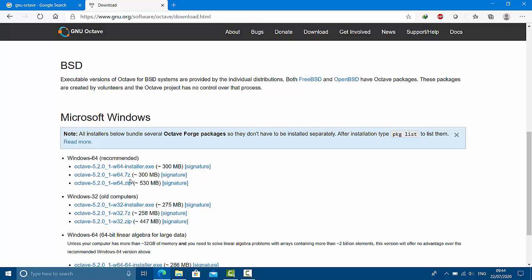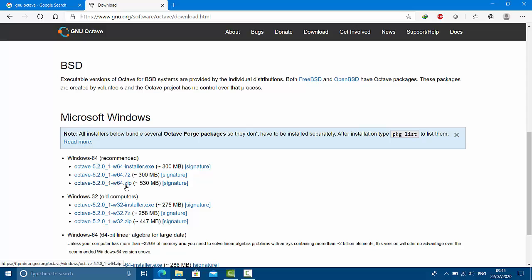I mostly prefer the zip files because whenever we download the installer.exe, there may be a problem with your antivirus, it may delete that file. So the time that we have spent downloading that installer is of no use. Once it deletes your installer.exe file, then again you need to re-download it. Okay, so in order to reduce that time or avoid this kind of problem, I usually prefer downloading the zip file.